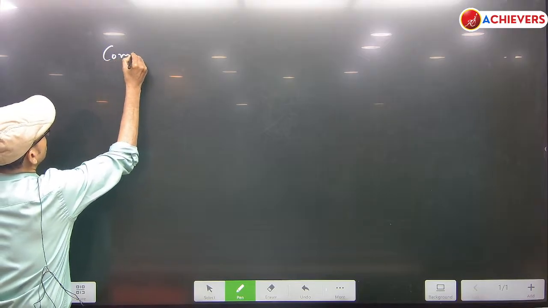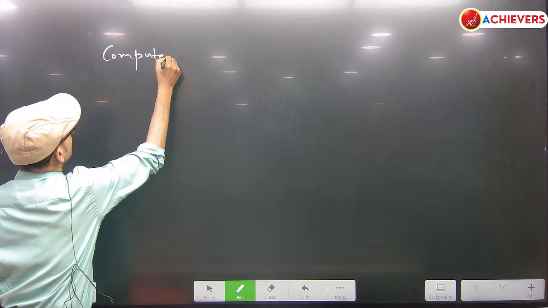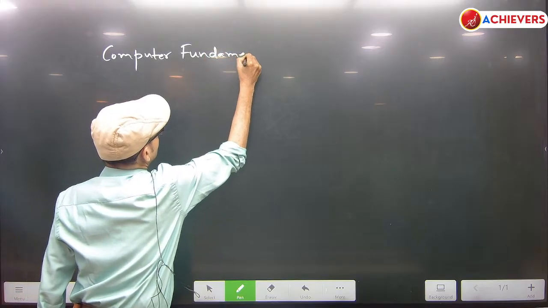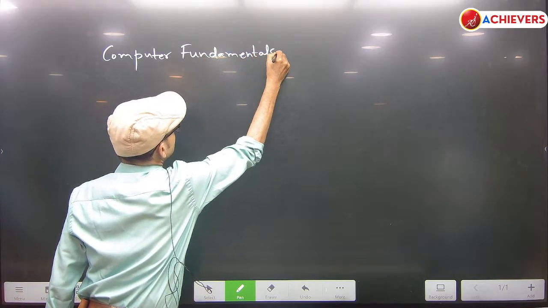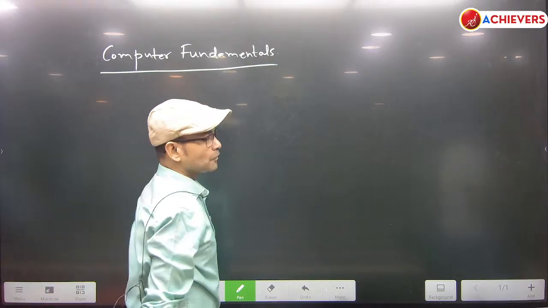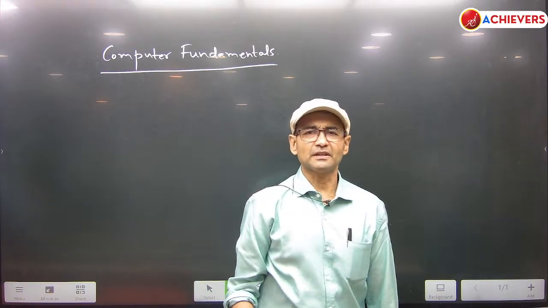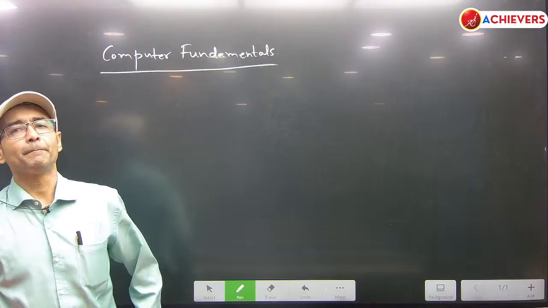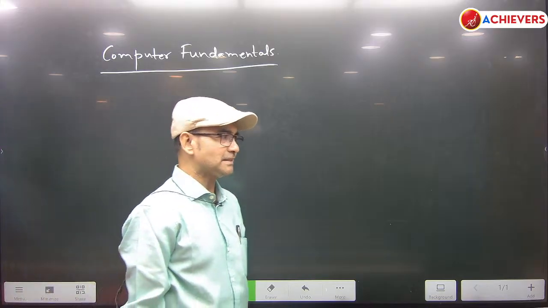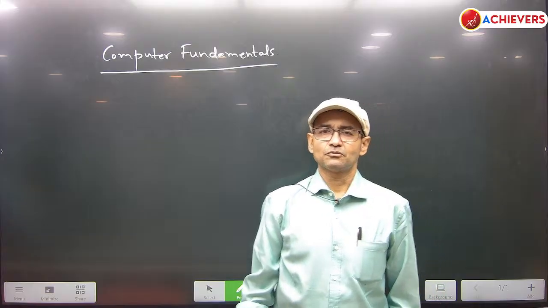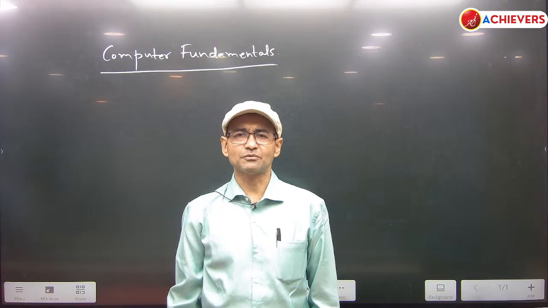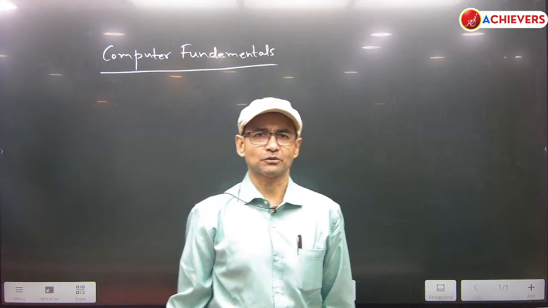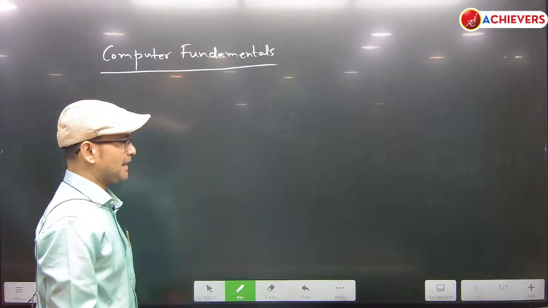So, in Computer Fundamentals, first we will be starting with some concepts. After that, we will be moving on to digital logic. So, what do we mean by the different operating systems? An operating system is a system software on which the different applications run or execute. Over here, we have to understand